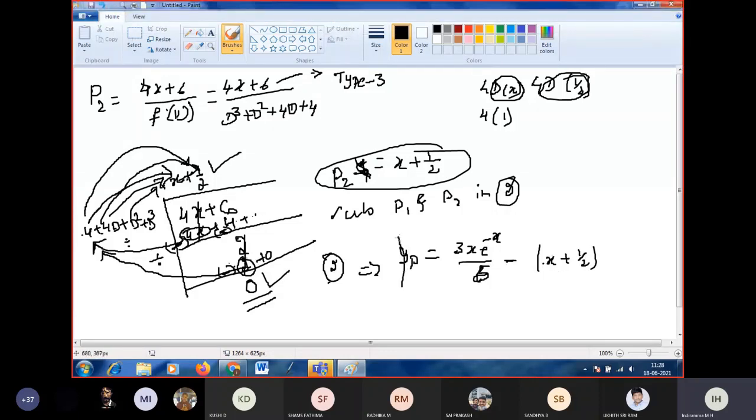Now this is YP. Now we have YC and YP. Where do we have to substitute YC and YP? In equation 1. Next time, substitute YC and YP in equation 1. Did you clear? Yes, ma'am. Got the answer? Yes, ma'am. Can we move to the next problem, or do you have any doubts?